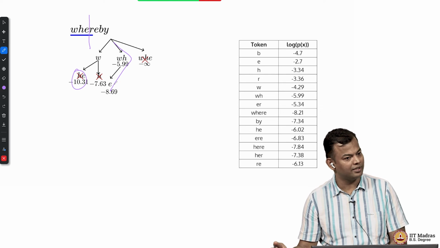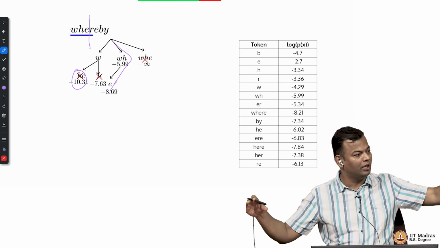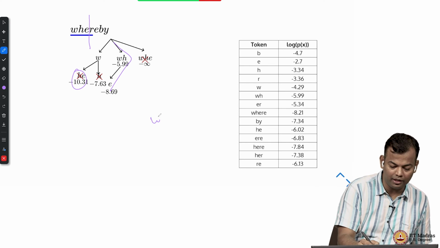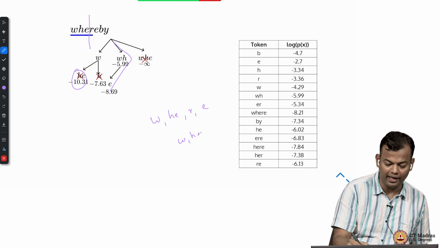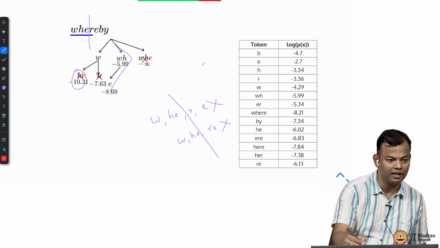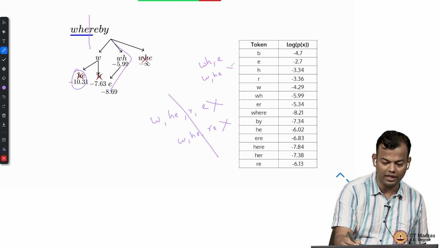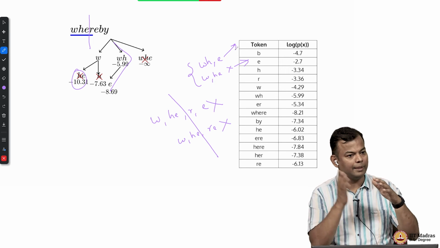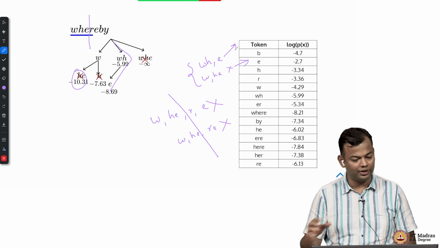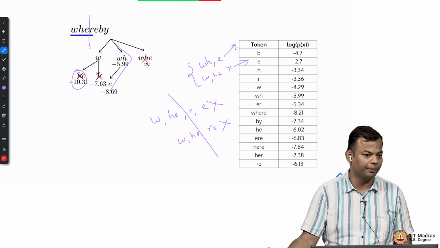So you'll just continue in this manner, and you will not be enumerating all the possible sequences. Here again I repeat, W, comma, HE, comma, R, comma, E is a sequence possible, and W, comma, HE, comma, RE is a sequence possible. But you have decided that you are not going to consider these sequences, because up to WHE, the best segmentation was just WH, comma, E. W, comma, HE was not a good segmentation compared to this. So you don't need to extend this, you just need to extend this one. That's how it operates. It does not enumerate all those, but it keeps pruning the ones which are not required. So that's how the sentence piece tokenizer works.